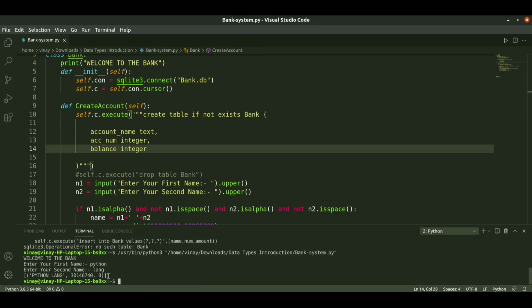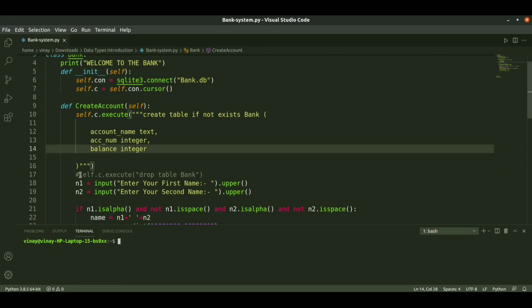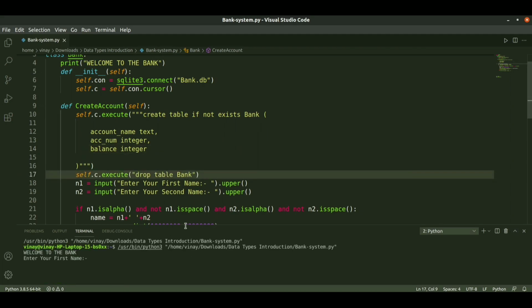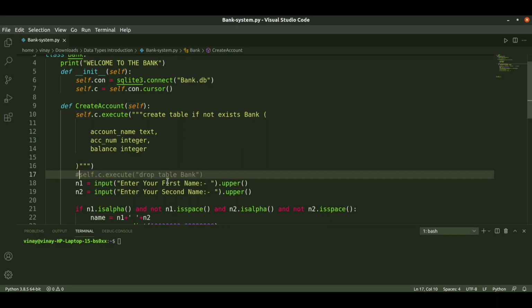Here our database is created in this table. So you can observe the account holder's name, the account number, and the balance. For better clarity, I will give the name of the person, first name as Bob.